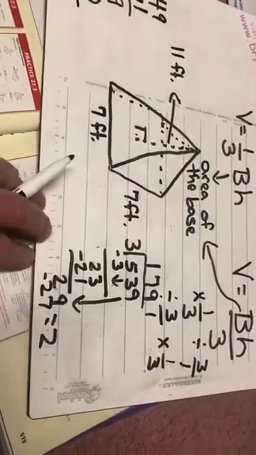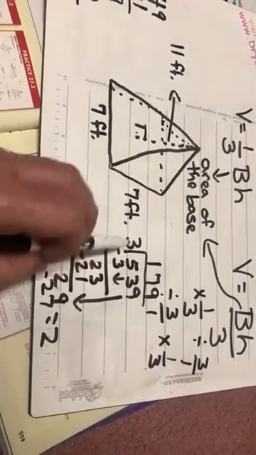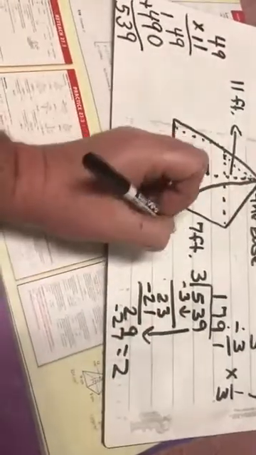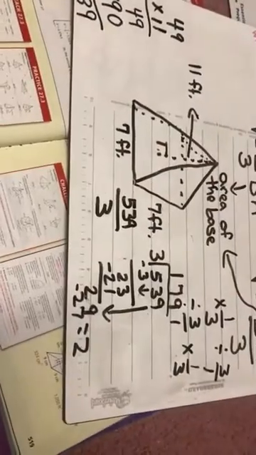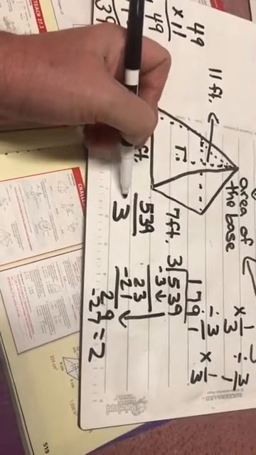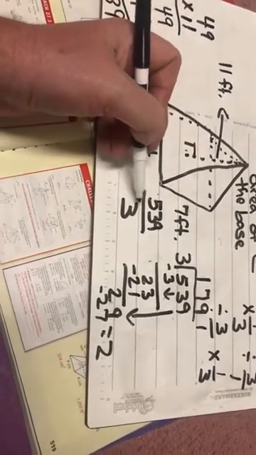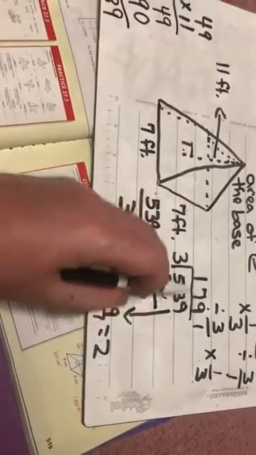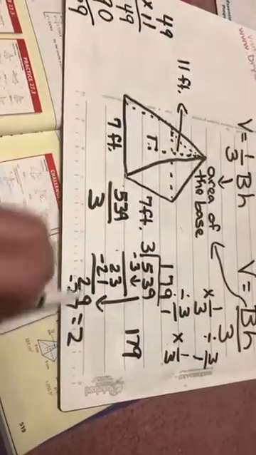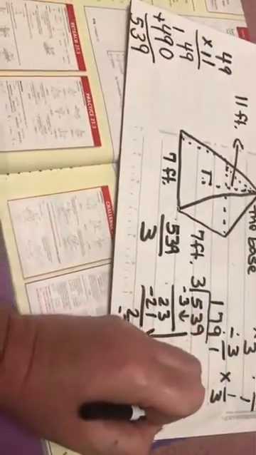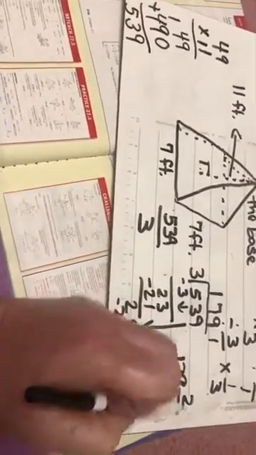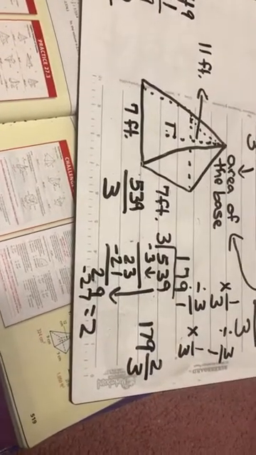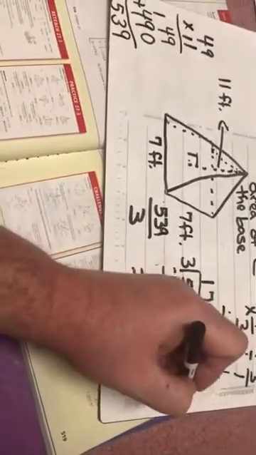So if I wanted to rethink of this division problem, 539 divided by 3, as a fraction, we know that this is essentially what I'm doing. Okay, 539 divided by 3. Well, we've already established that 3 can go into 539 179 times. We've already established that 2 are left over. So that's going to be my numerator. My denominator here is 3. I get 179 2/3